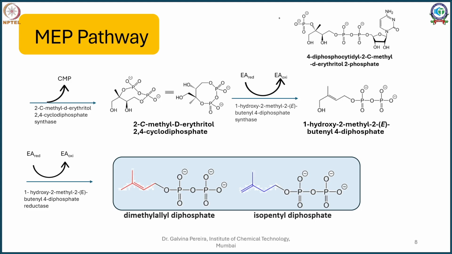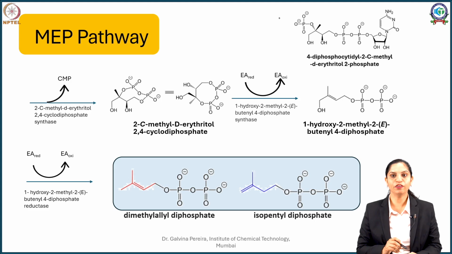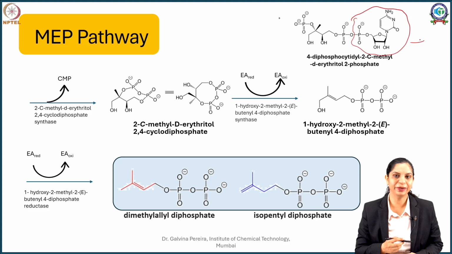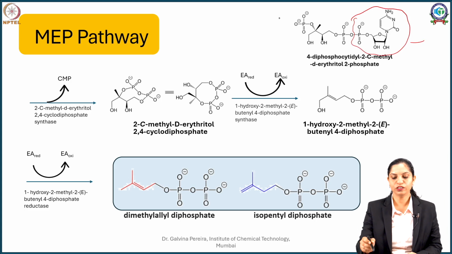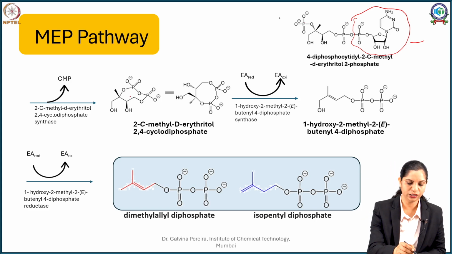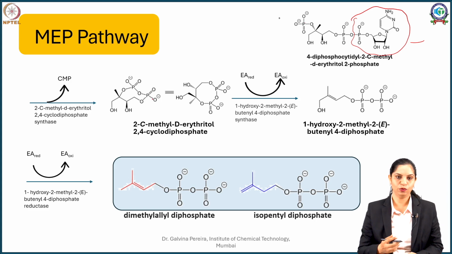Now this molecule carrying 3 phosphates undergoes a process of cyclization, but in order for that cyclization to happen, an elimination is a must. So in the process we lose cytidyl monophosphate. Here your cytidyl monophosphate is eliminated, and we are left with the compound with just 2 phosphate groups. Now these 2 phosphate groups cling to each other to cyclize. So you get what is called a cyclodiphosphate adduct. In the presence of the enzyme 2C-methyl D-erythritol 2,4 cyclodiphosphate synthase, you get a cycloadduct, that is your 2C-methyl D-erythritol 2,4 cyclodiphosphate.